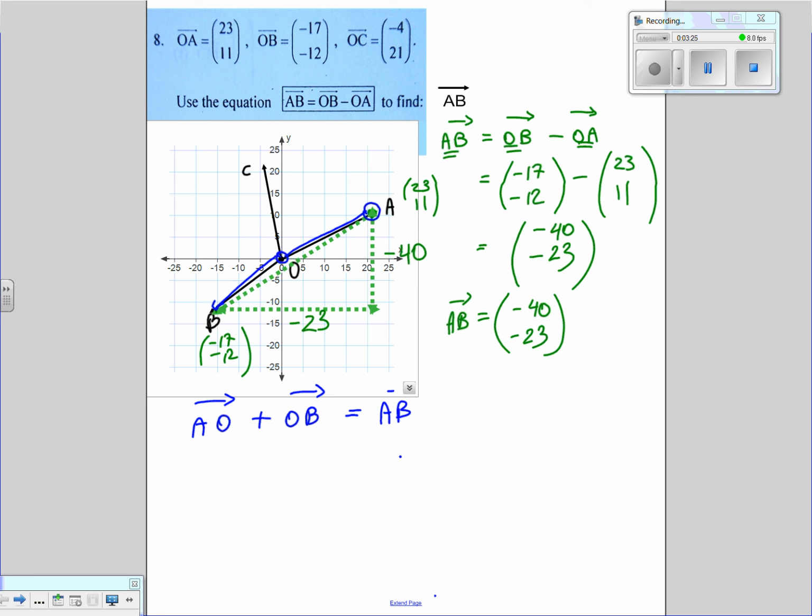So from what's given, we're given O to A. So to change that to A to O, one would just change the direction. We'd factor out a scalar negative 1. So negative 1 times O to A, which is 23,